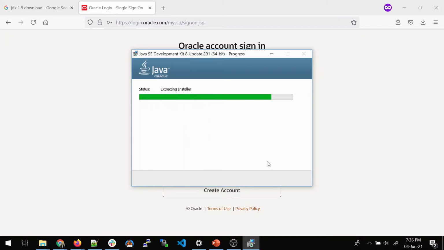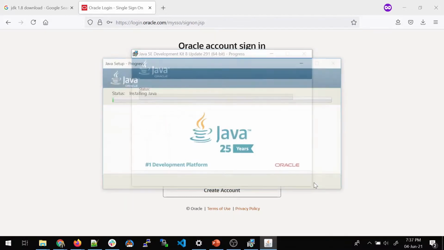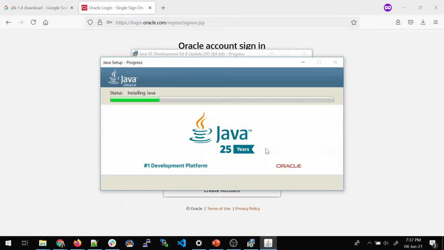It will do its initial checks. Wait for some time. And then it will show you if you want to change your destination folder or not. I have selected what is by default. Click on next. It will again take some time, but let us fast forward it so that we can see the end result.